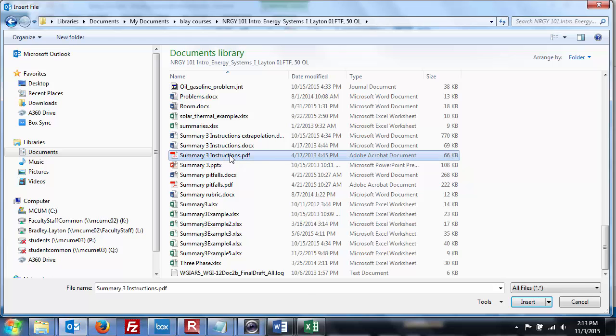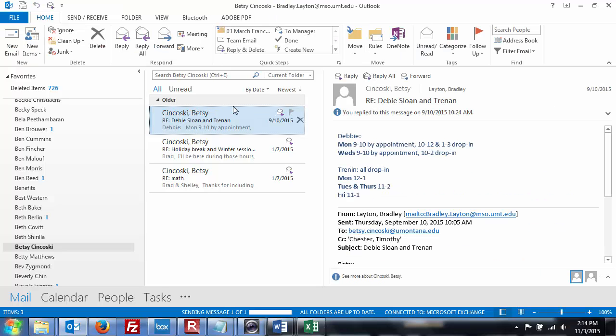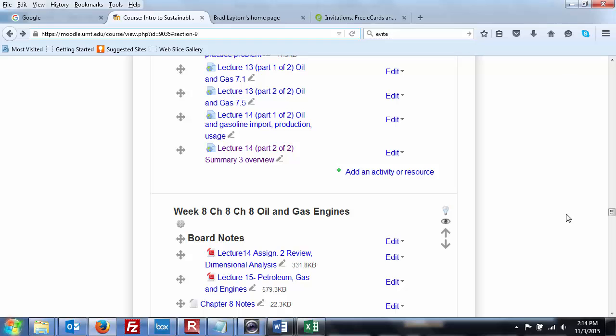Now I want to take you to Summary 3. Let's get into the instructions. Summary 3 is a summary with three different instructions. She's got both YouTube videos, and the example. One of my main motivations for giving this summary was to give you some exposure to Microsoft Excel. It also gives you some modeling experience. And another thing I'm noticing here, folks, is that for some reason,